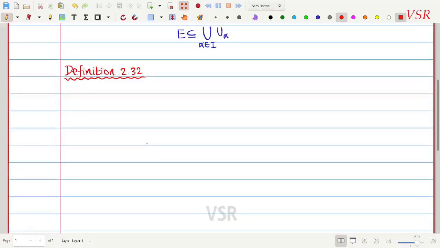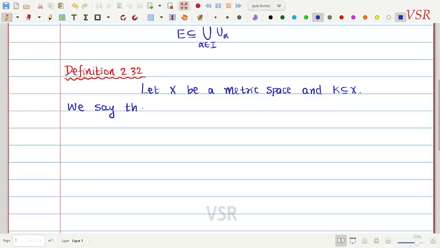இதுல we are going to define what do you mean by a compact set. Compact set na enna அப்படி சொல்றேன். So of course முதல்ல ஆரம்பிக்கும்போது as usual we will start with let capital X be a metric space, and K be a subset of X. We say that K is compact